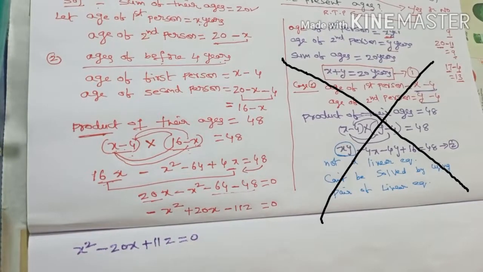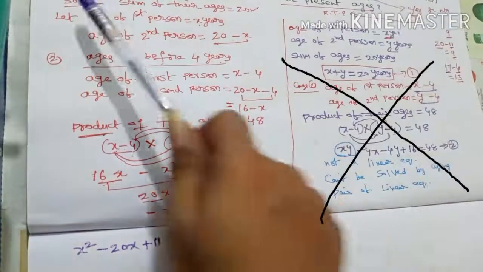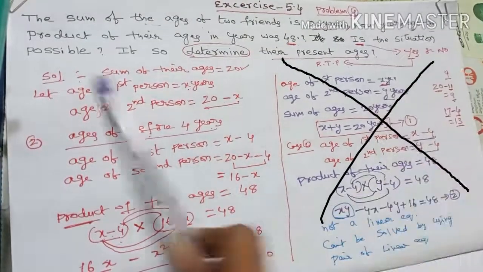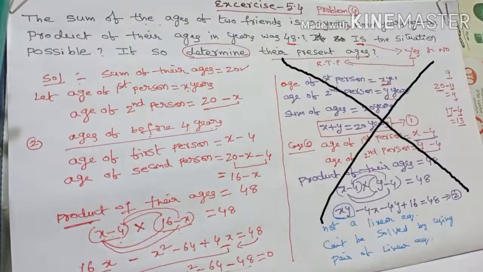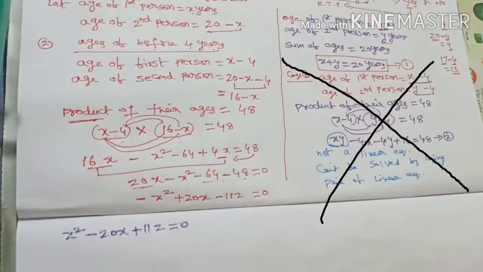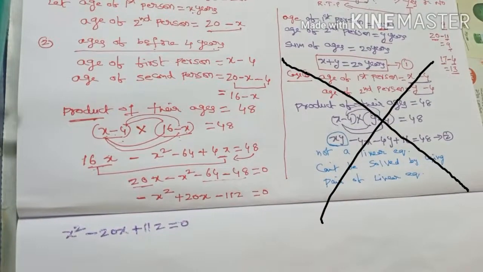Now I am going to solve this equation, but our question demands here, is the situation possible? According to the problem, you have like this, is the situation possible? That means, will this position be arranged or not? Is it possible or not? So I have already explained these type of questions. You have to write either yes or no.